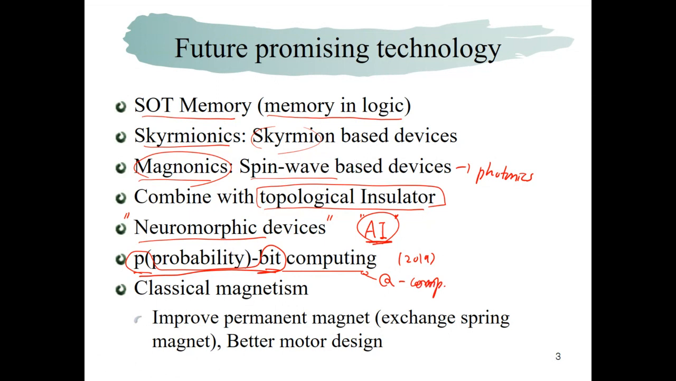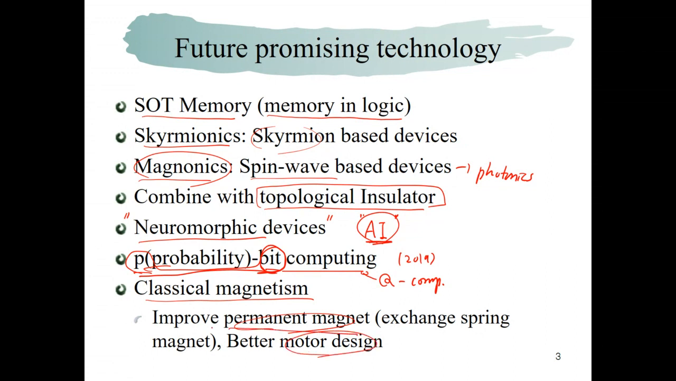You may have heard about quantum computing, and quantum computing is very powerful for certain problems. P-bit also does something like that, but it's much simpler and not difficult to implement. Their paper first appeared about 2 years ago as a theory, but after 1 year, they showed the realized operation. And also, we cannot ignore classical magnetism like permanent magnets and motor design, especially for